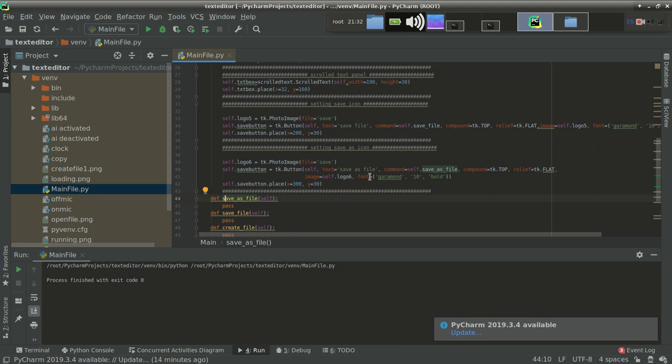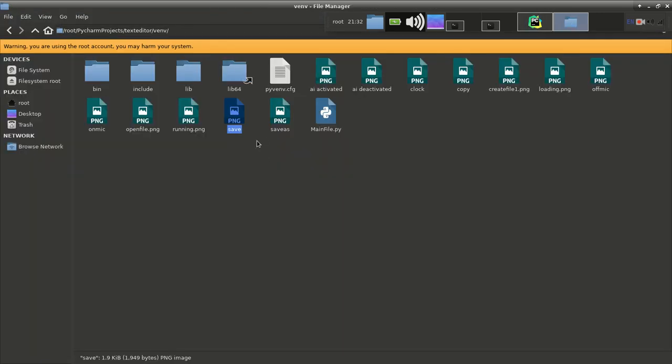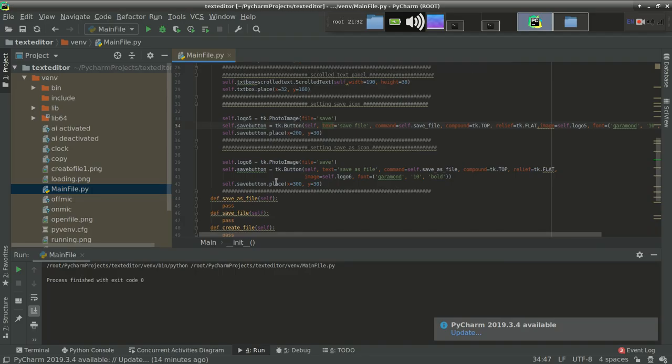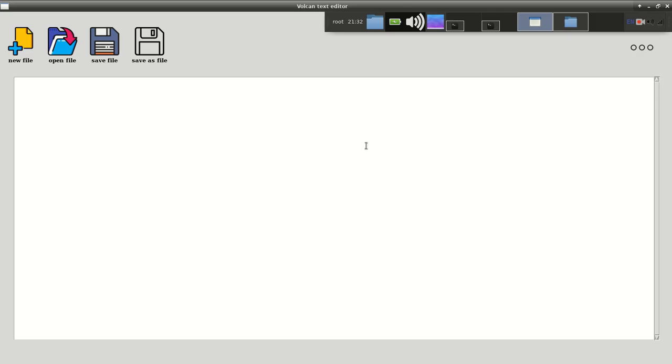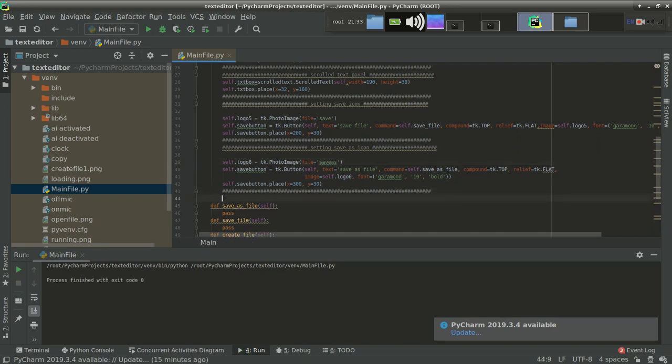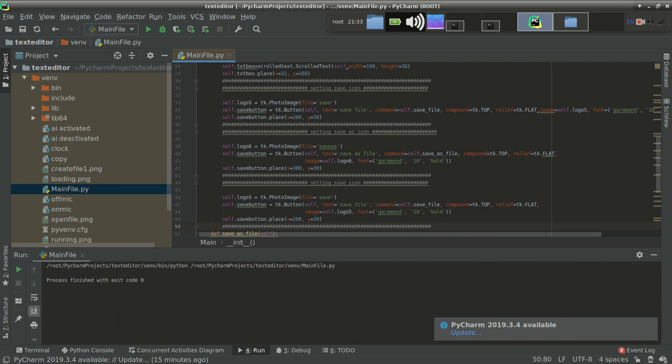It's logo 6. Here we have logo 6, here logo 5, and the name is save and then again save. We are importing the same image twice, so it should be save as. That's why I'm running it again and again after importing each and every image. So you can see we have 4 images till now. Let's import another one, and this is going to be time traverser.